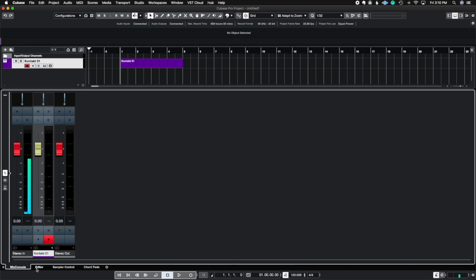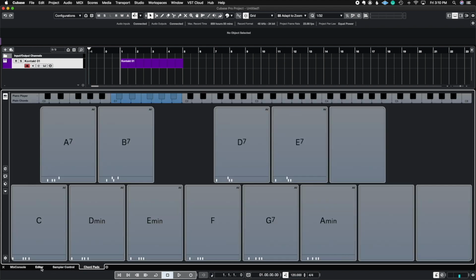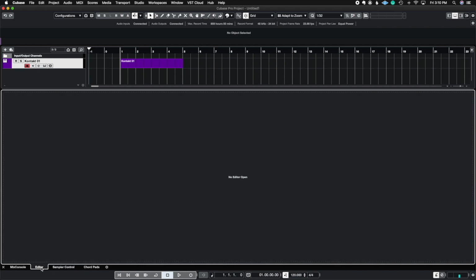But we have the mix console, we have the editor, which is going to have your piano editor, it's going to have the score editor, and it's going to have something called the drum editor. Next to that, we have the sampler control, and then we have chord pads. So the first thing we're going to do is talk about the editor, which is going to